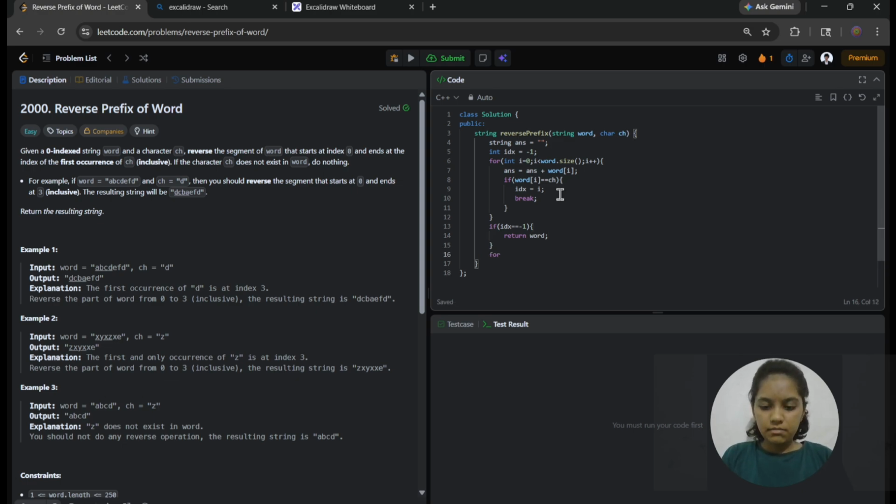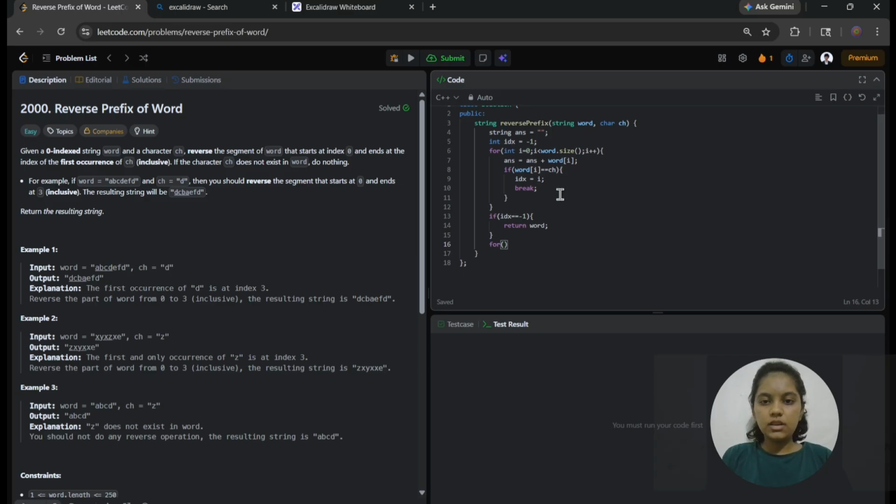After that I am again running the for loop from int I equals to index +1, because I have to add the remaining characters in the answer string. So also here I have to reverse the substring which I have got in the answer string.